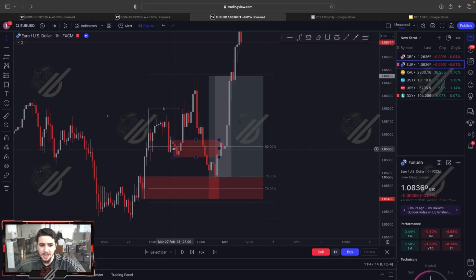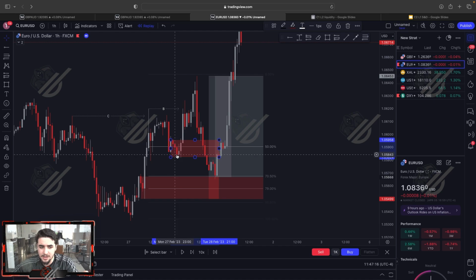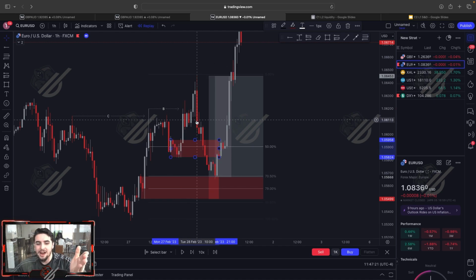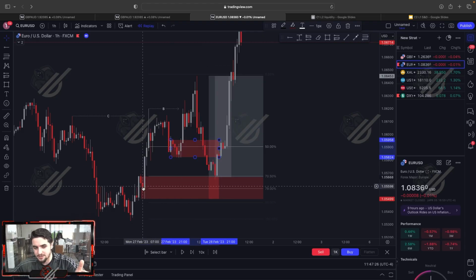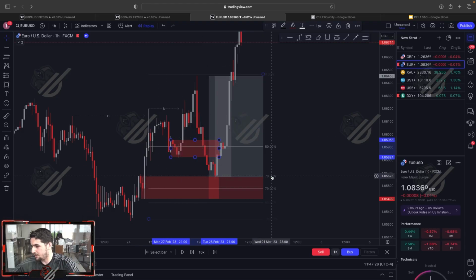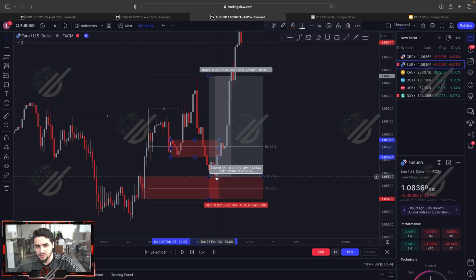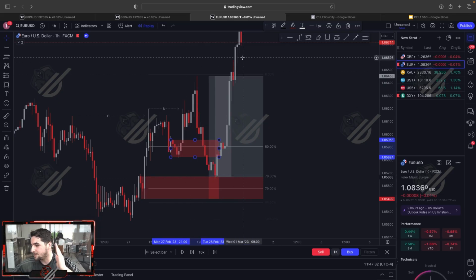In this case over here, we had this continuation level of demand, which enticed early buyers into the market. Price ends up liquidating those early buyers, coming down into some more discounted levels, which aligned with the 70.5%. That's where we look to execute our buy position. That's when price began to make the move